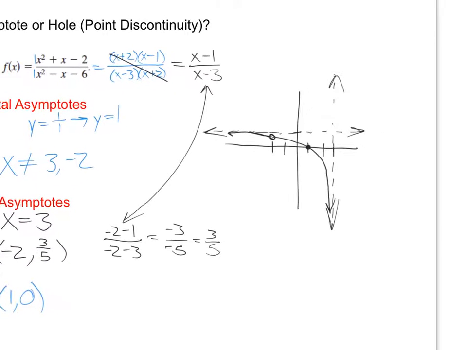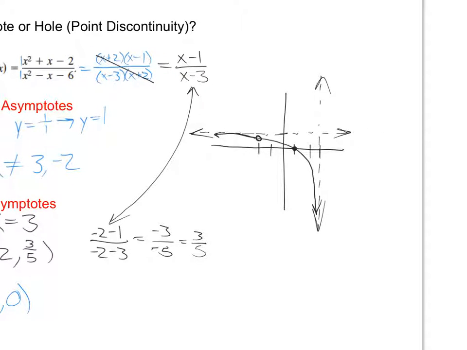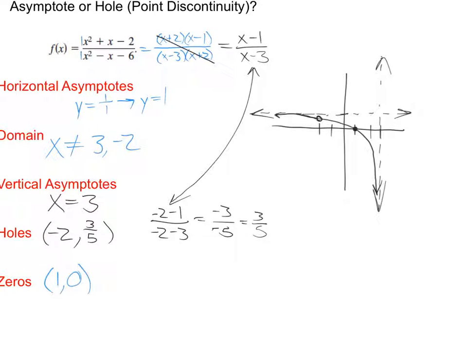Okay? I have a question. How did you find your 0? I just made the numerator 0. X minus 1 equals 0 when x equals 1. Why wouldn't you find the denominator? Well, we already know the denominator is 0 at 3. That's how we got our domain. But that would make our function undefined. It won't make our function equal 0. Would you equal the whole thing to 0? Yeah. But if you have a fraction, the only way your fraction can equal 0 is if your numerator is